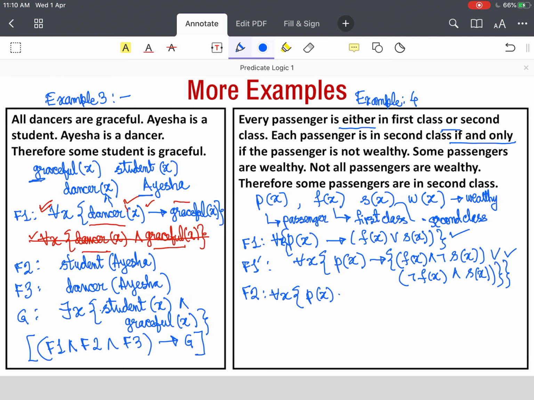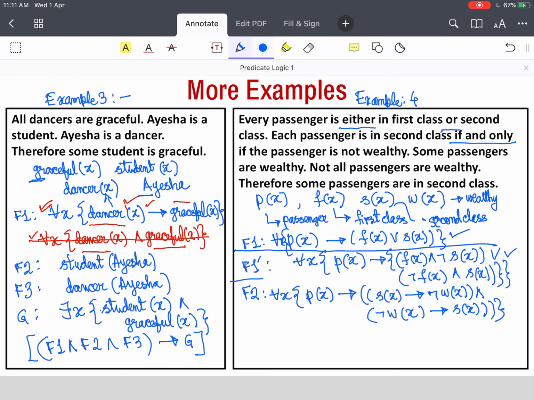So again we write for all X, passenger X implies. Now there are two things that we have to do. What we have to do is that both of them are true. So there are two parts to it. If the passenger is in the second class, it implies that the passenger is not wealthy. And if the passenger is not wealthy, then again the passenger is in the second class. So there are these if and only if is to be modeled by this sort of a mechanism. So this gives us F2. So this is F1, this is F1 dashed,